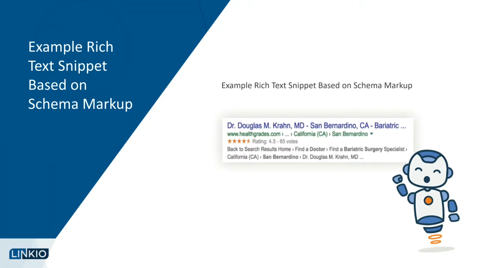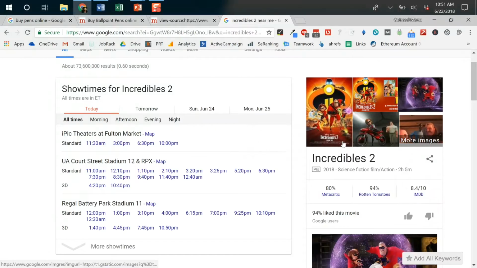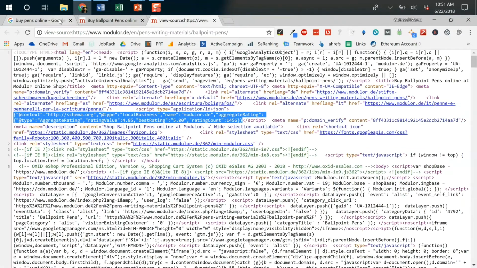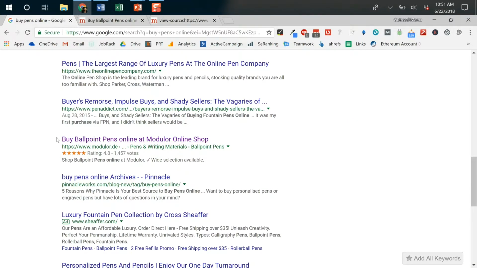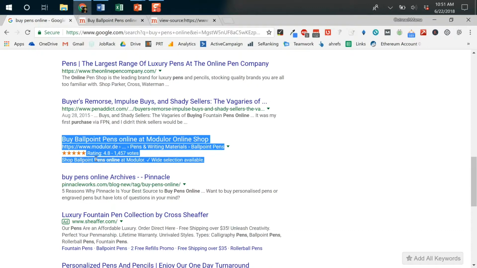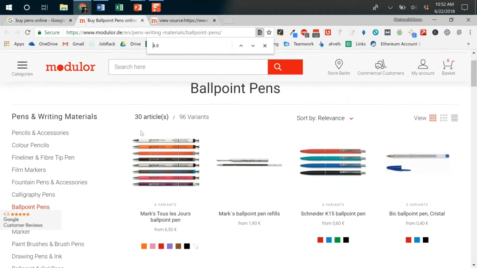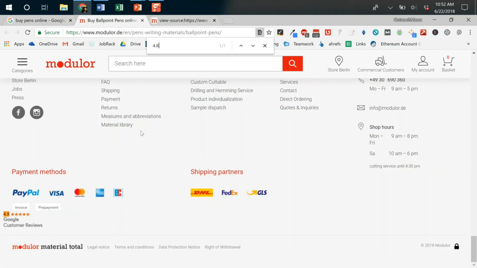So you have the star rating again, and the star rating is the result of this schema example. I was doing a Google search and I just put in "buy pens online," and you see that this website has a star rating. So you go to this website here, it's got this 4.8 Google customer reviews, and if we open up the source code,